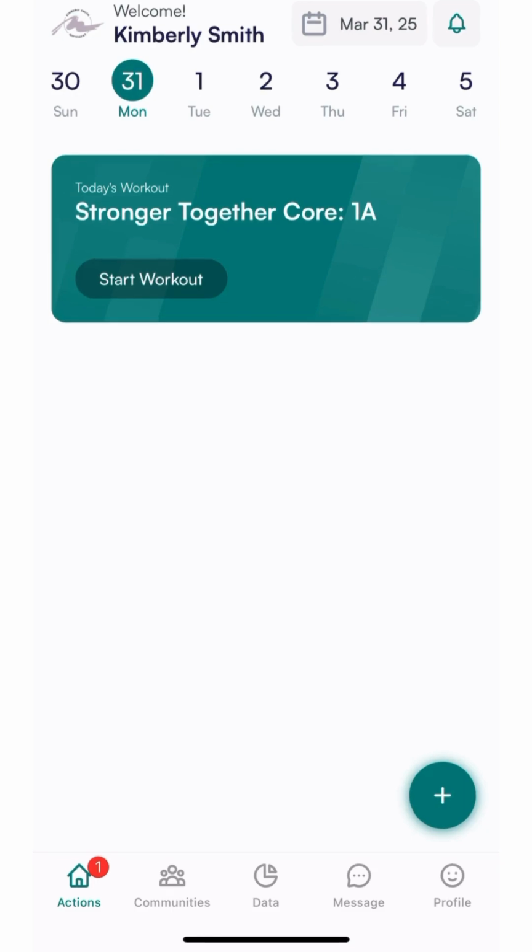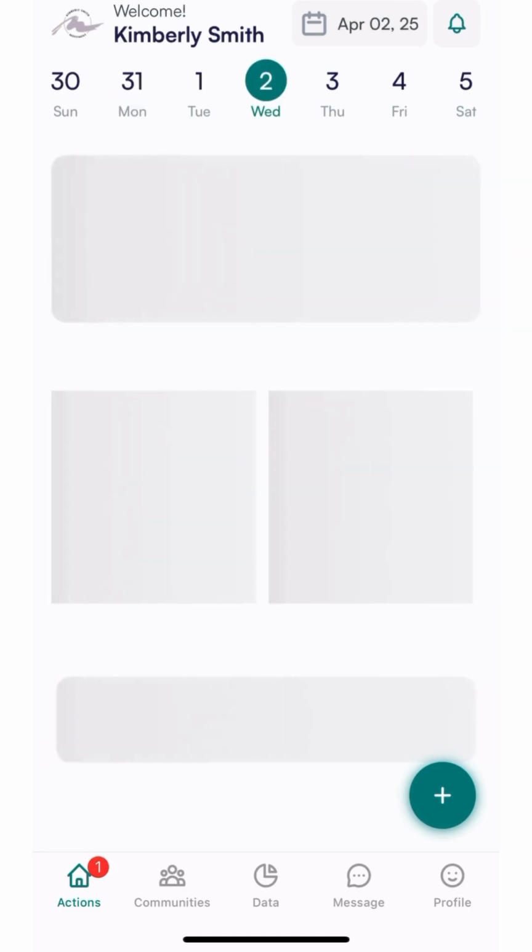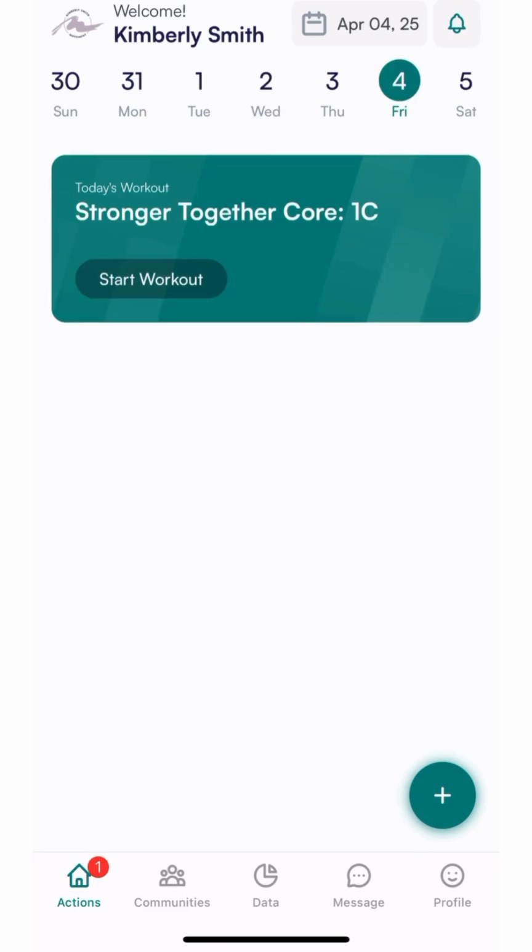So when you open up the app, it's going to go right to the Actions tab here along the bottom. This is your calendar that shows you all of your workouts. So you're going to have a 1A, 1B, and 1C workout to start. I always assign them Mondays, Wednesdays, Fridays. You do not have to do the workouts on those days. My schedule is all over the place, and the nice thing about this app is you can easily move your